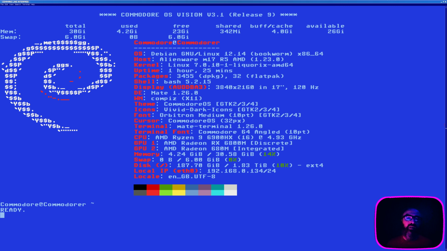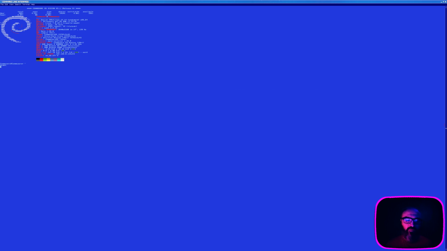The system is on a desktop environment made with Window Manager Compiz on X11. The system has an AMD Ryzen 9 CPU 6900HX and the GPU also AMD Radeon RX 6800M, 32 GB of RAM and 2 TB of SSD storage space. So yeah, with these things out of the way,